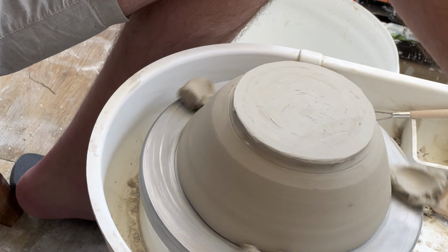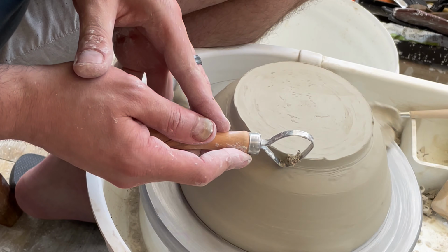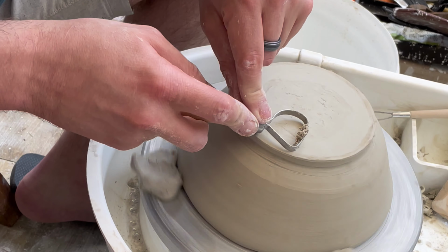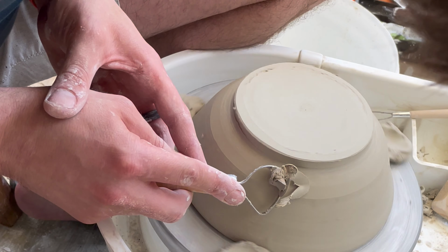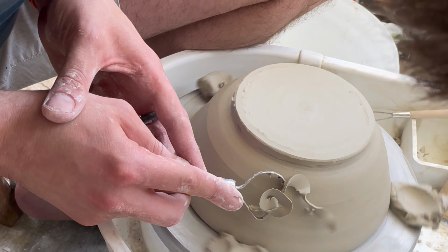It's important to have the flat surface before you start cutting in and carving the feet out, because this will ensure that the foot actually sits flat when the bowl is upright. So I'll just run this tool over the base of the bowl a couple of times until it's nice and flat. Next, I'm trimming up the edge of the bowl, and you can see here with how the clay is